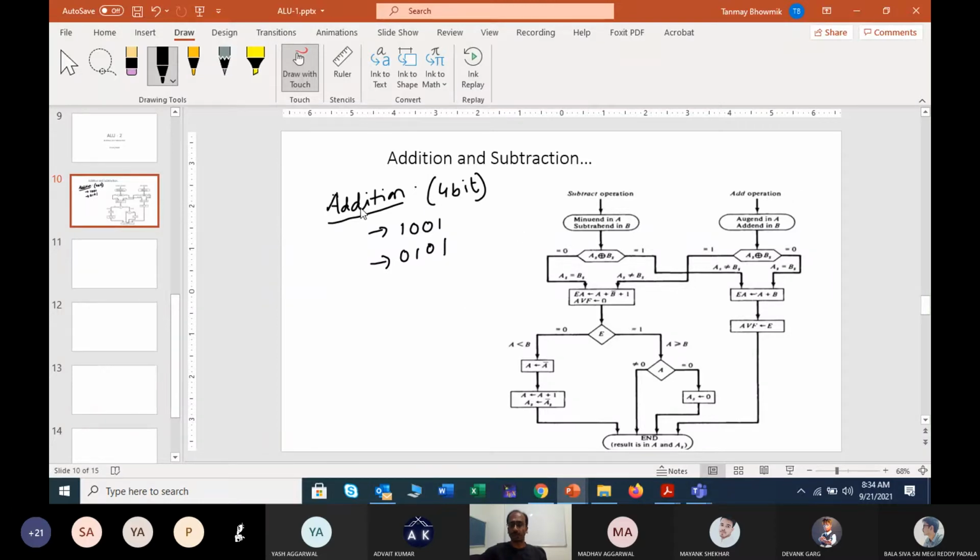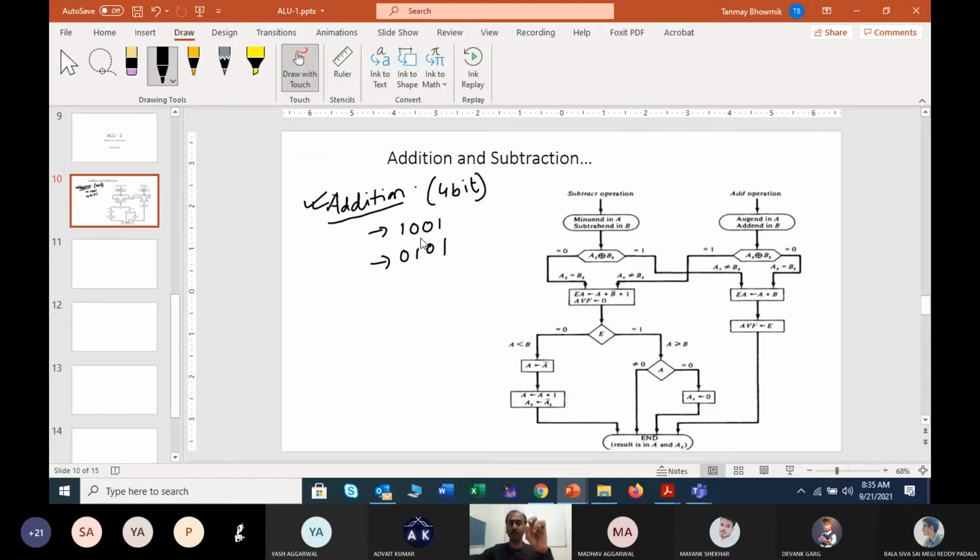So the first thing is which operation we are going to perform, that is the addition, right? You may or may not be provided with this flowchart, because the flowchart will not always be given. You may need to keep an abstract view in your mind of how the steps are implemented. Whenever you take the 4-bit addition operation, all of these 4 bits are actually your magnitude bits.